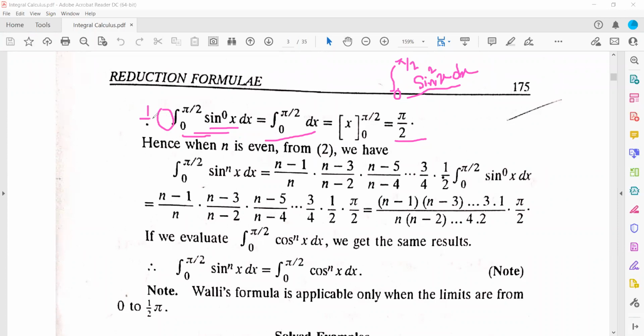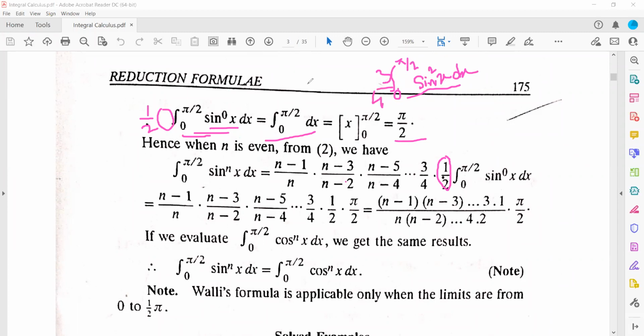Good. Because the numerator should be 1 less than the power of sine, is it not? The numerator is 1 less than this power of sine. So it is 1, and then the denominator will be the same as the power of sine, that is your 2. So it is 1 by 2. See, have you got this 1 by 2 here? Then before this, the coefficient of this one will be 3 by 4.